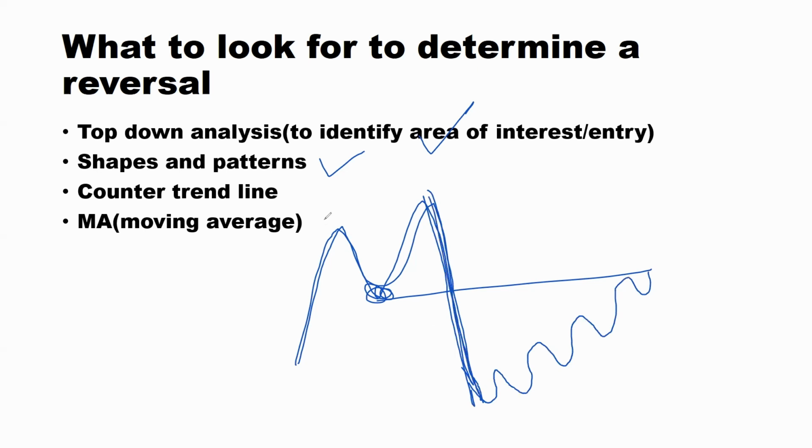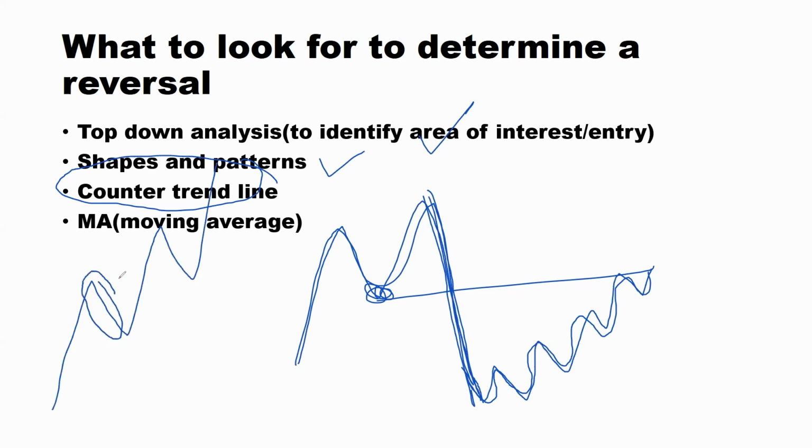Now, how does a counter trend line come in? A counter trend line comes in when the market is making this weak retest here, right? Guys, please note this down. A counter trend line happens when the market is making retests. Are we together? Why is it a counter trend? Because the market, if it is going up like this, this is where the counter trend lines happen, because the market is creating a mini trend. Just like here, when the market breaks down, it retests with this mini trend.